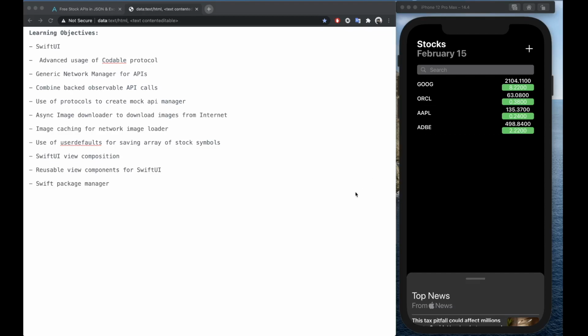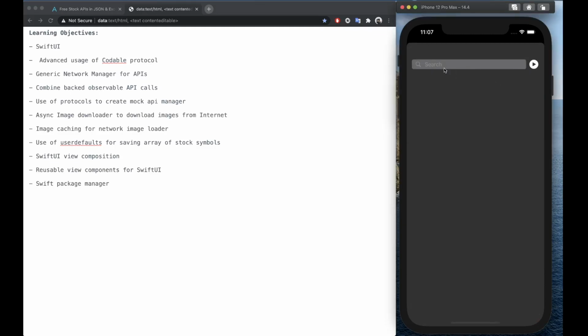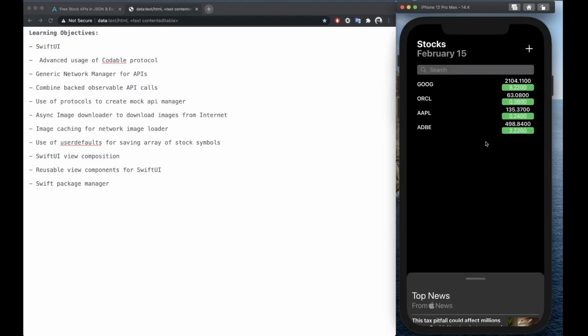You're going to be learning how to create reusable view components for SwiftUI, and you're going to be creating a custom text field and a search field that's going to be reused over and over, both on this page when you're doing local search and on another page when you're adding or searching for a new stock symbol to add. Both are using the same component, so you're going to learn how to create that.